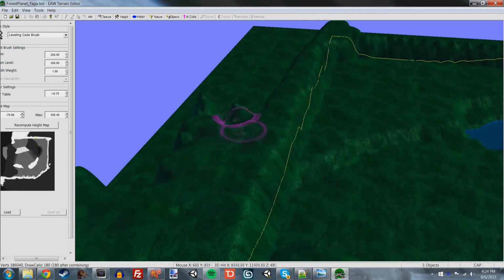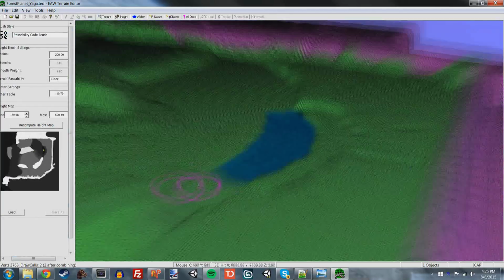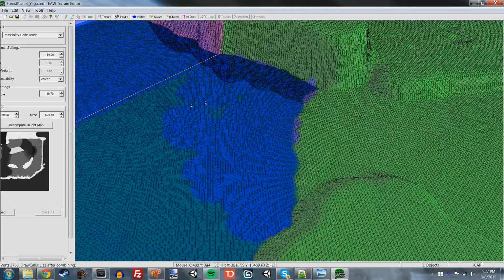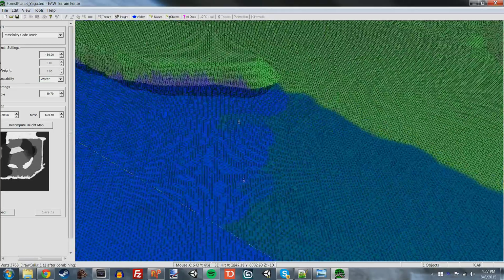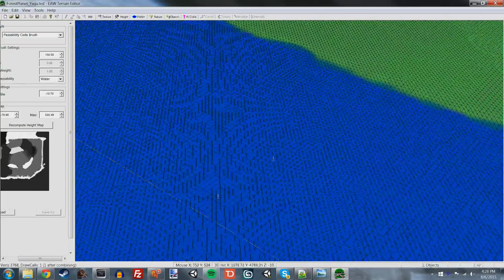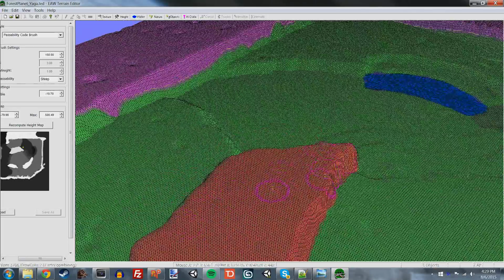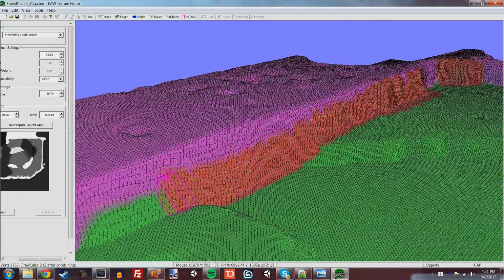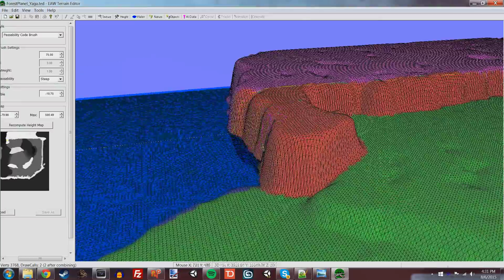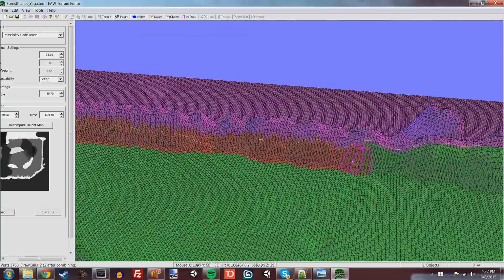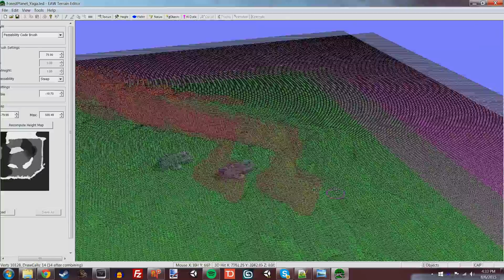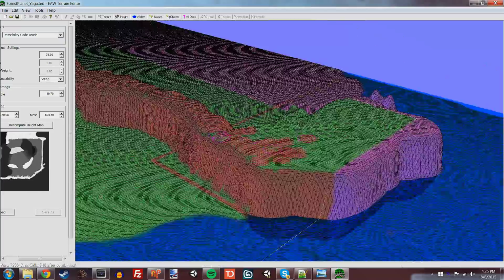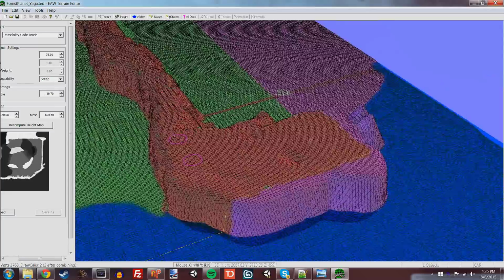So the last part I wanted to talk about is the height maps. What I'm going to be doing here is editing the height, because most maps for terrain start off with something called a height map. You can see there's a square on the left side where I'm editing the height, and it's kind of like a picture. It's grayscale, and so what it kind of works like is